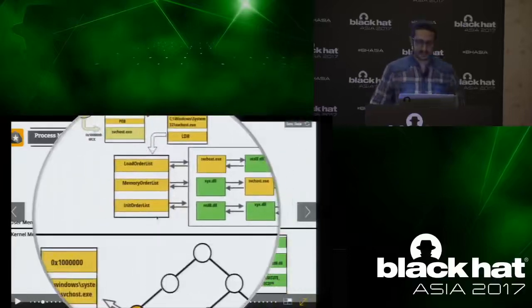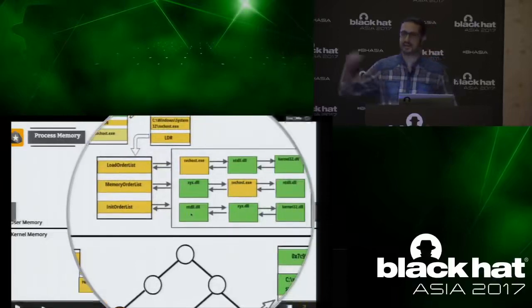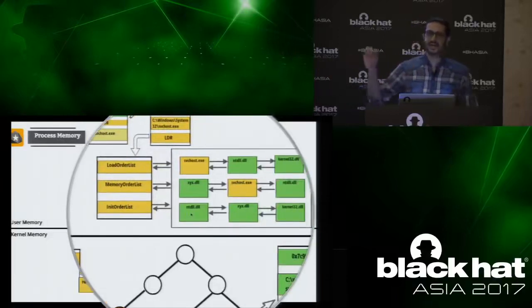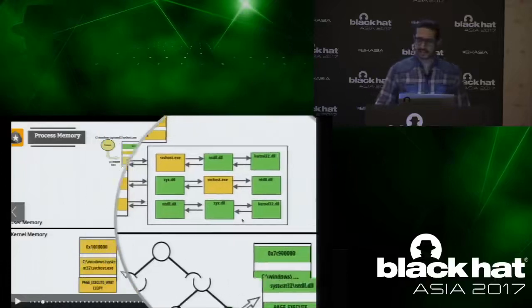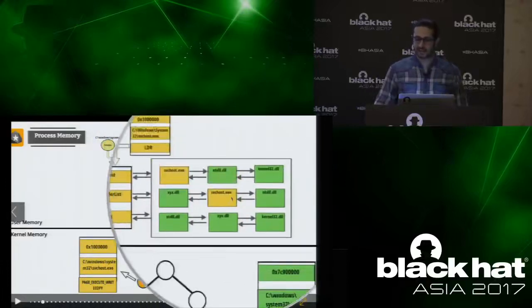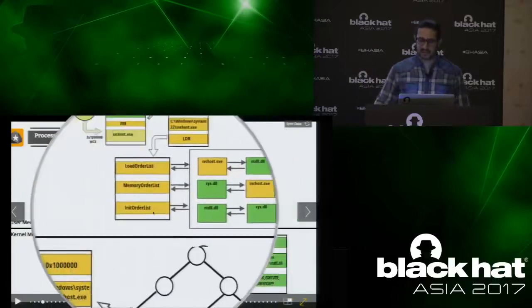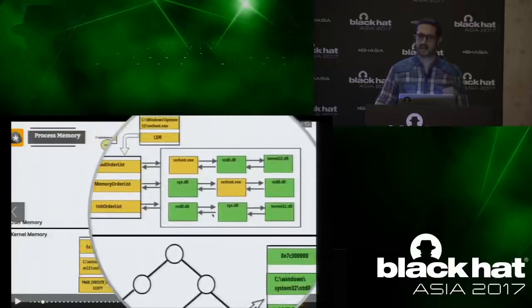There's a third doubly linked list called the init order module list, which keeps track of the loaded modules in the order in which they are initialized. Because there's no initialization for the executable, the executable is not in that list. All other modules will be present in all three doubly linked lists, except the executable, which will not be present in the init order module list.